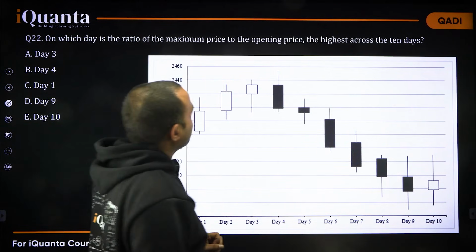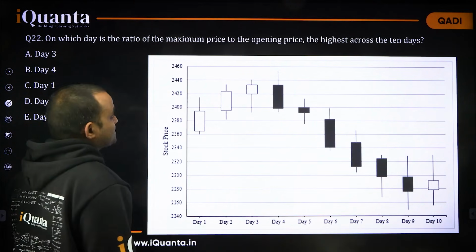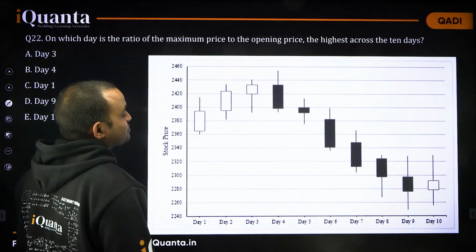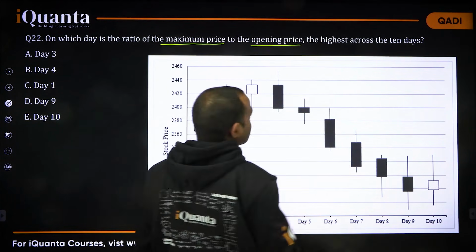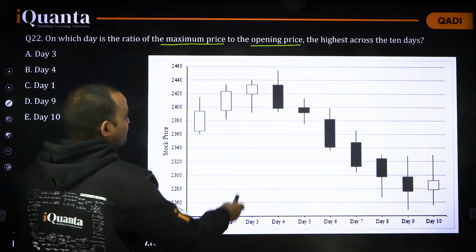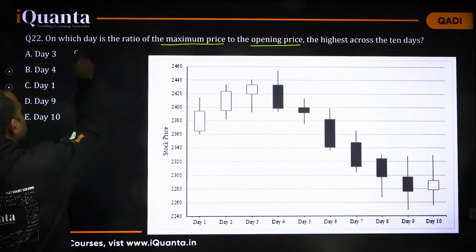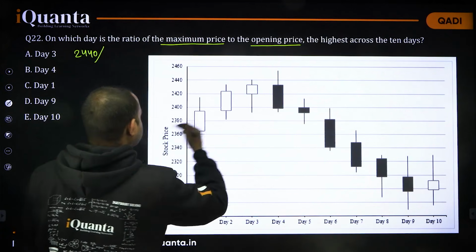The last question of this set, it says, on which day is the ratio of maximum price to the opening price the highest across 10 days? Maximum price to the opening price highest in 10 days. Okay. So day 3, maximum price is 2440, and the opening price is 2390,